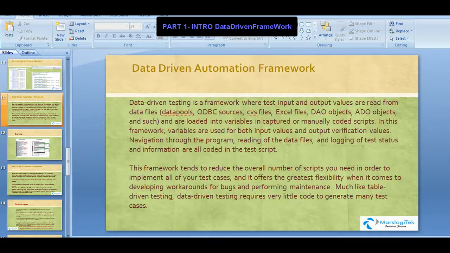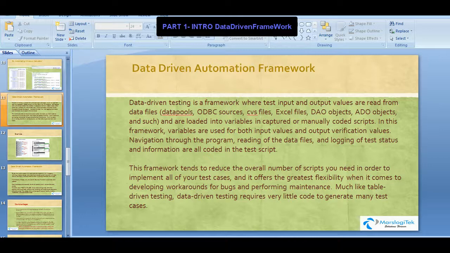So now the important thing here is how to develop a framework from scratch. So we'll take a data-driven framework as a basic one. In my previous videos, you might have seen what frameworks generally are, what different types of frameworks there are, and what the pros and cons of each framework are. So in this session, I'm going to talk more about data-driven frameworks and how to implement them from scratch using Selenium and TestNG. Okay, so